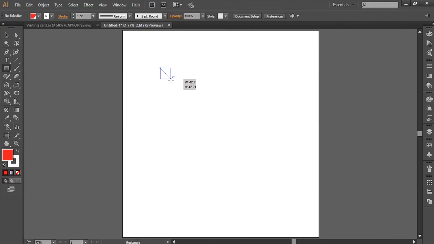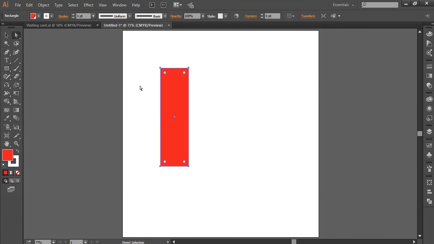Hello guys, now let's start making a logo. First of all, what you need to do is to create a rectangle, make its color black,